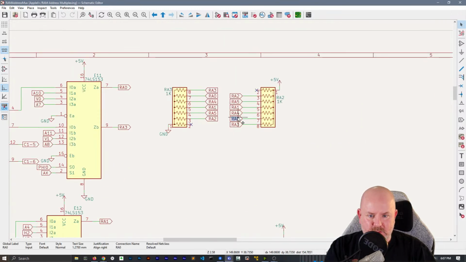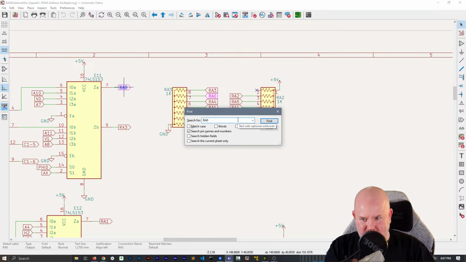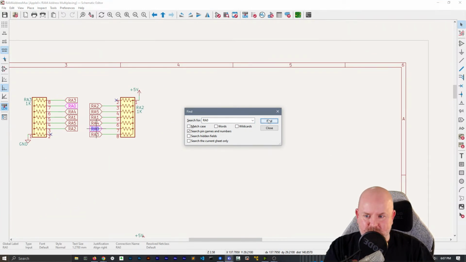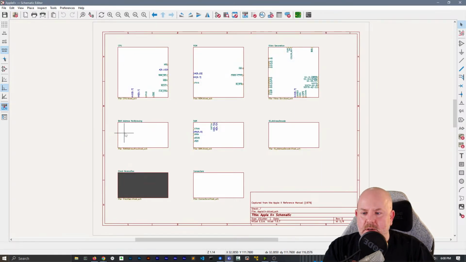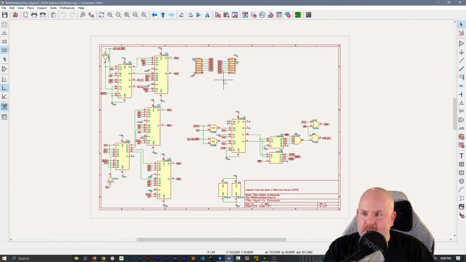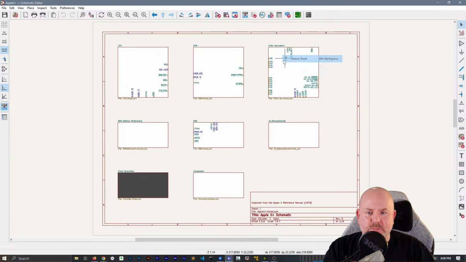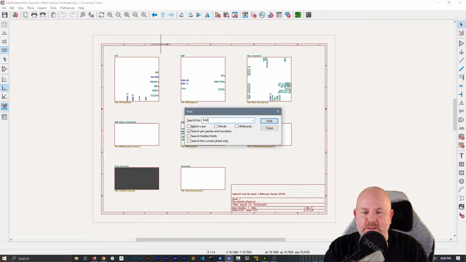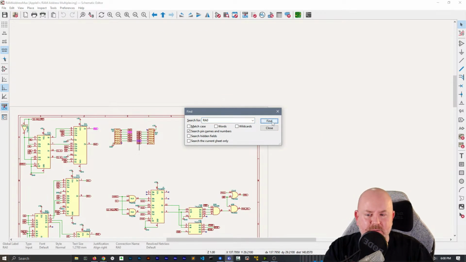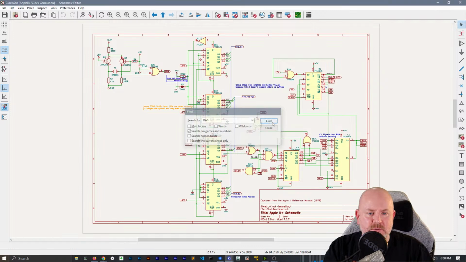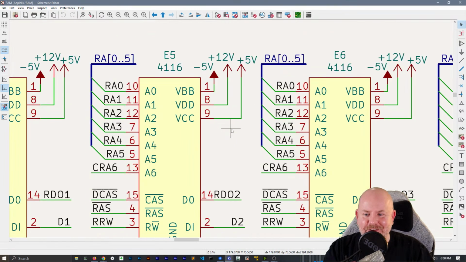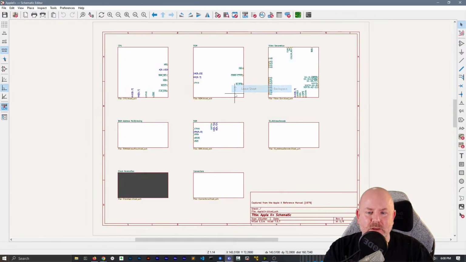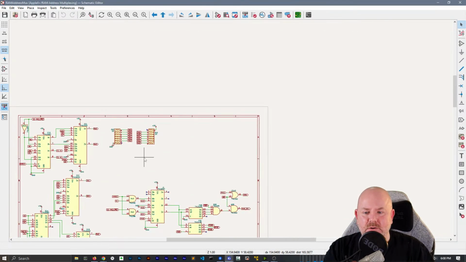So I wonder, does this really leave this page? What sheet are we in right now? Yeah, it does. Okay. All right. Or does it? Wait, this is RAM multiplexing. I'm going to come out here. I'm going to search RA0. I can't believe, unless, do these go to the RAM page? RAM page. Yeah, they do. Okay. All right. So,